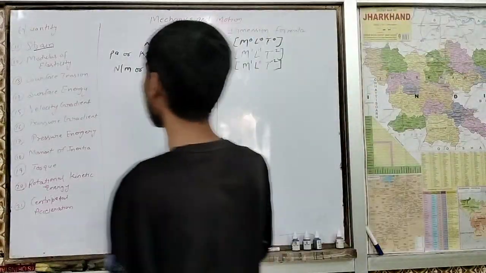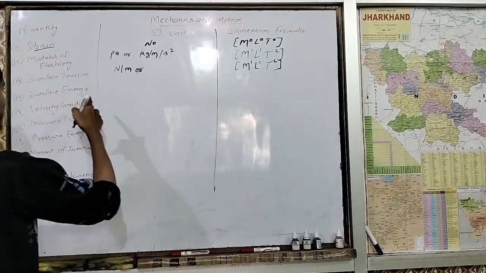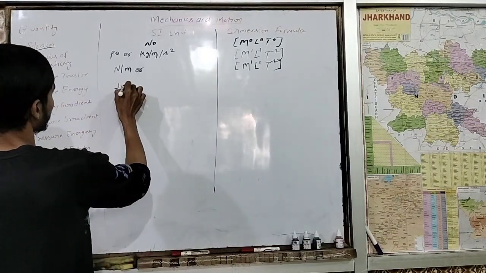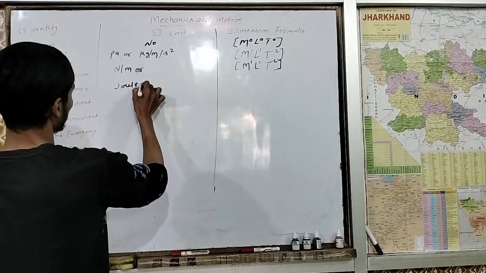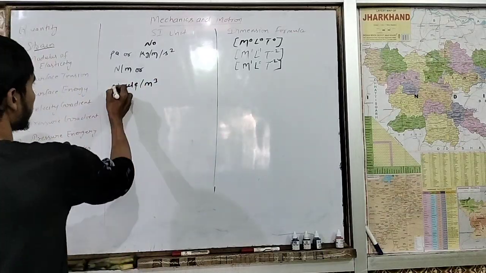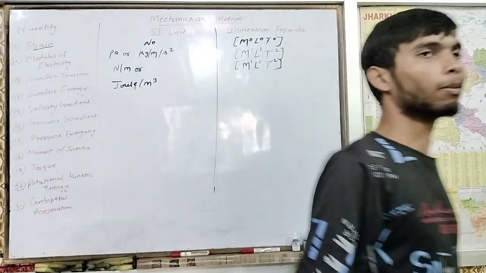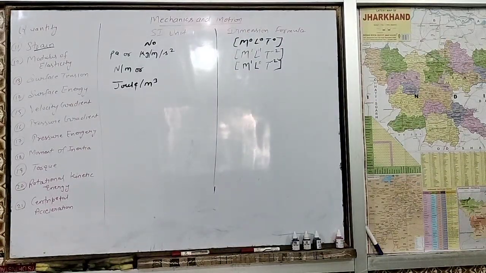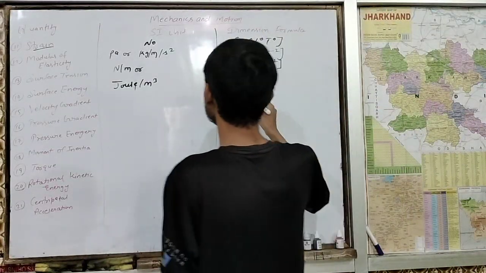Surface energy is what? The SI unit for surface energy is joule per meter cube. Also remember the dimension formula of joule. Okay, force as well as joule. Here, joule per meter cube. Here you know that it will give you